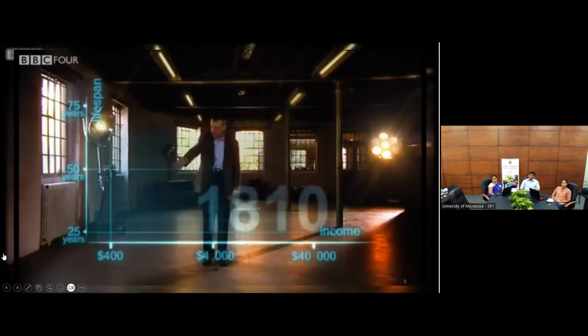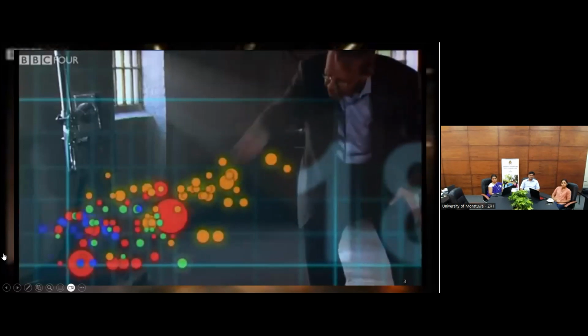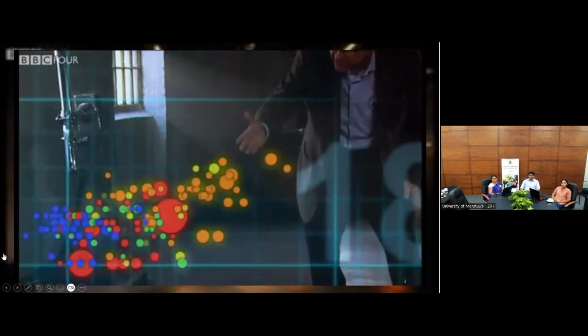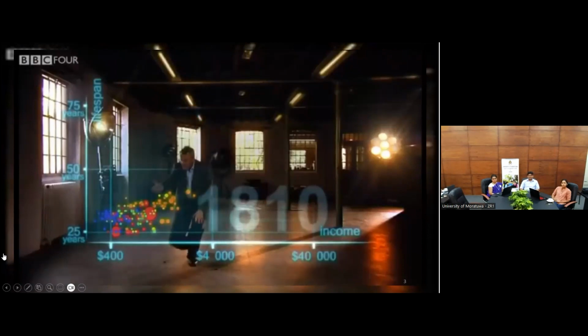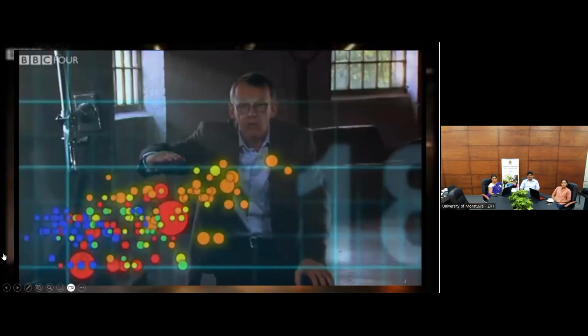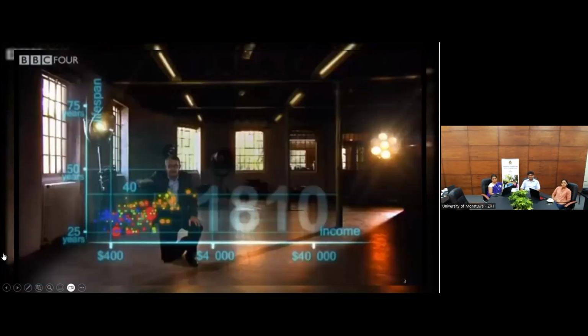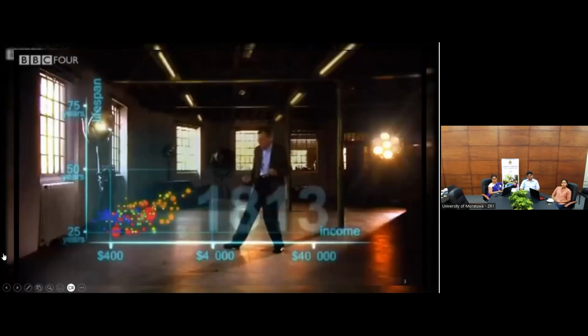Here come all the countries. Europe brown, Asia red, Middle East green, Africa south of Sahara blue, and the Americas yellow. And the size of the country bubbles show the size of the population. And in 1810, it was pretty crowded down there, wasn't it? All countries were sick and poor. Life expectancy was below 40 in all countries. And only the UK and the Netherlands were slightly better off, but not much. And now, why start the world?